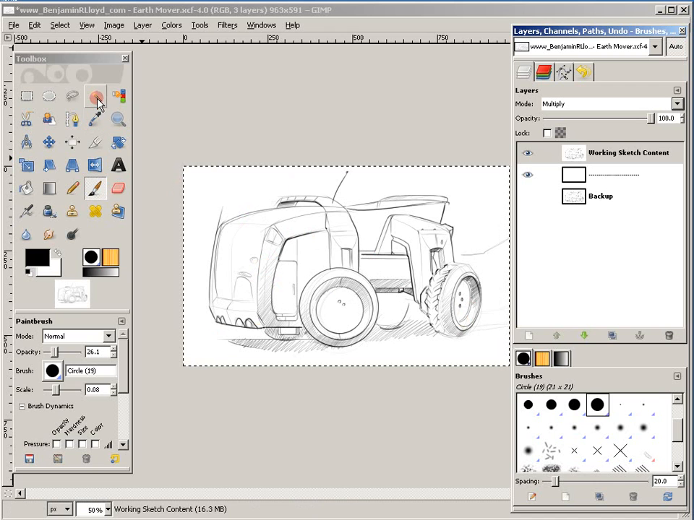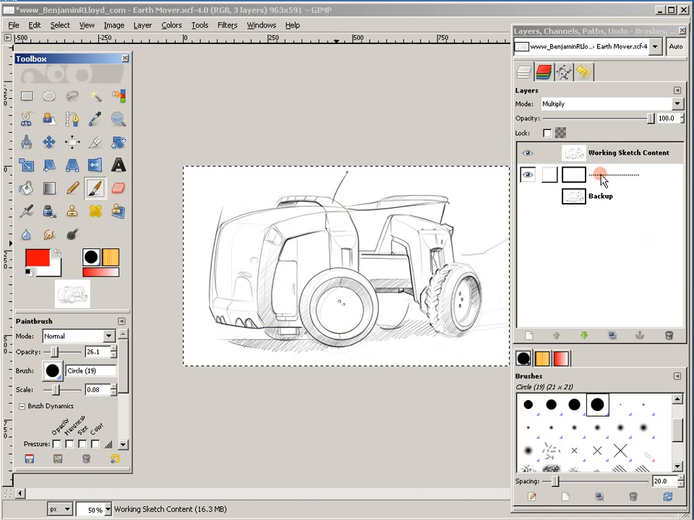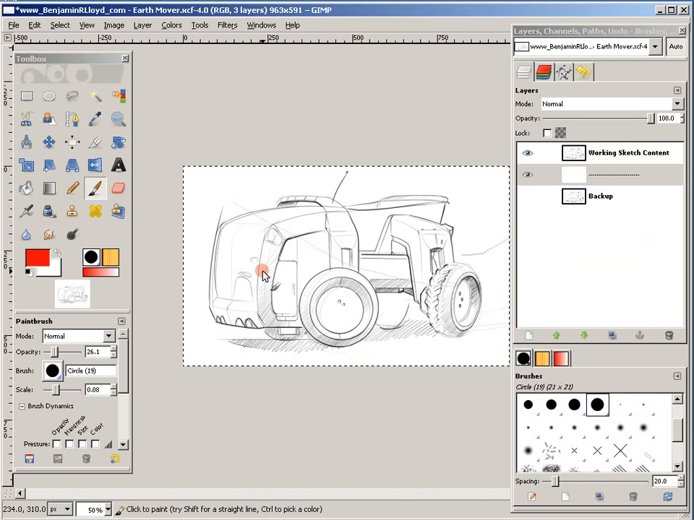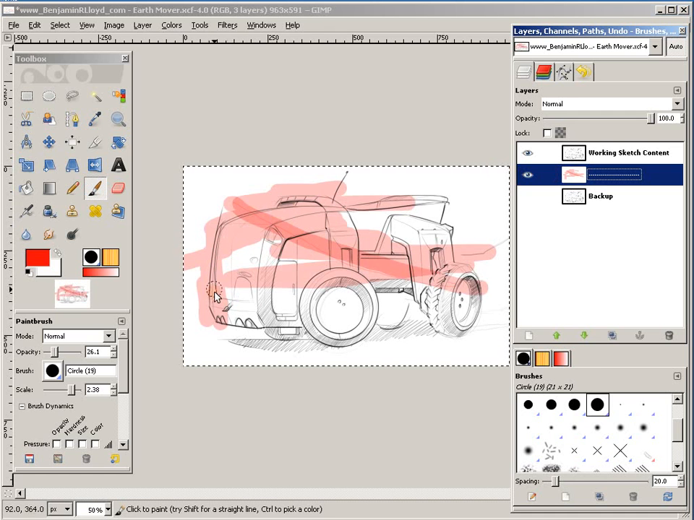So if I was to come along on the layer below, which I currently have as my separator layer, and start to paint with a large pen, what you will see is that I can actually see through the layer below. I can see through the white pixels, but the dark pixels remain. Hence I get this overlaid effect of the black sketch lines sitting on top of the red. So if I was to undo that,